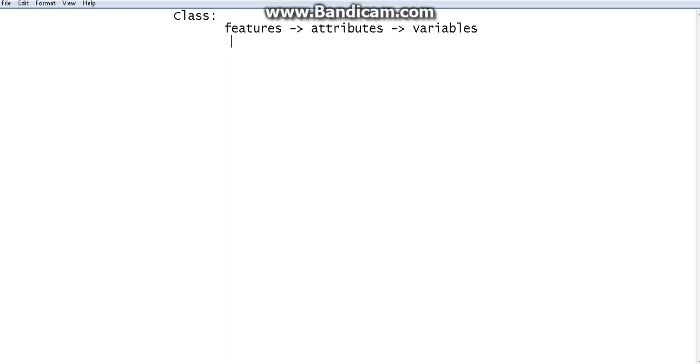Features: the car is green, wheels are 4, those are features, right? Attributes are implemented using variables. Another thing is functionality. What kind of functionality can a car have? Driving, making horn sounds, braking, giving a brake, stopping.